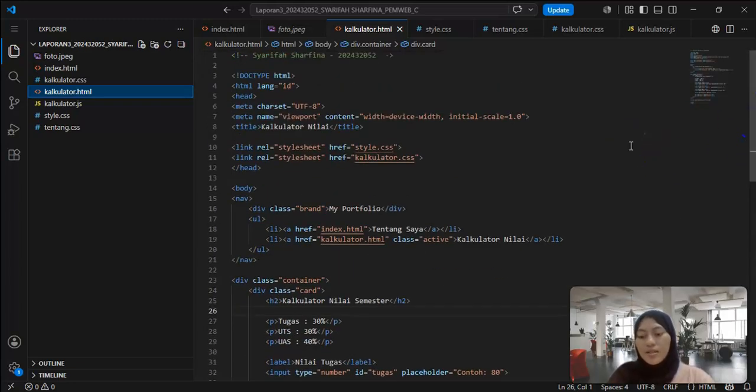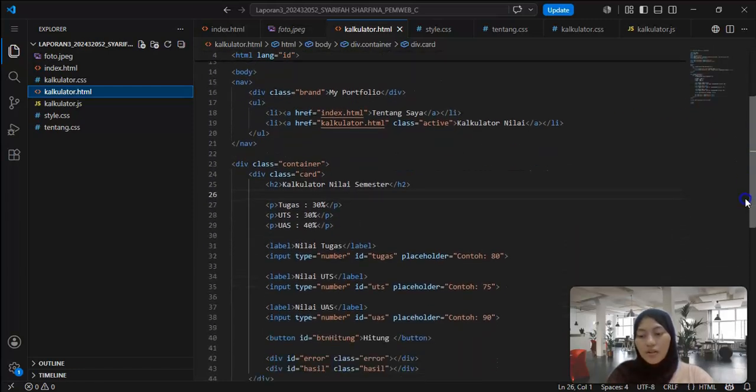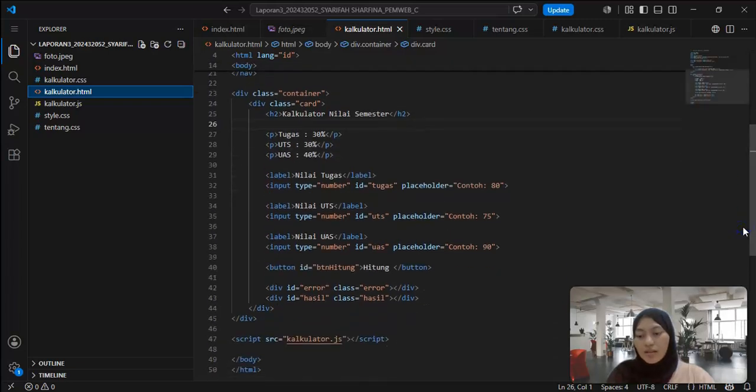This page uses the same navigation bar as the portfolio page. For the grading weights, the grading system consists of assignment 30%, midterm 30%, and final exam 40%. And for input fields, I create 3 input fields. There are assignment score, midterm score, and final score. The input type is number. And the calculate button,